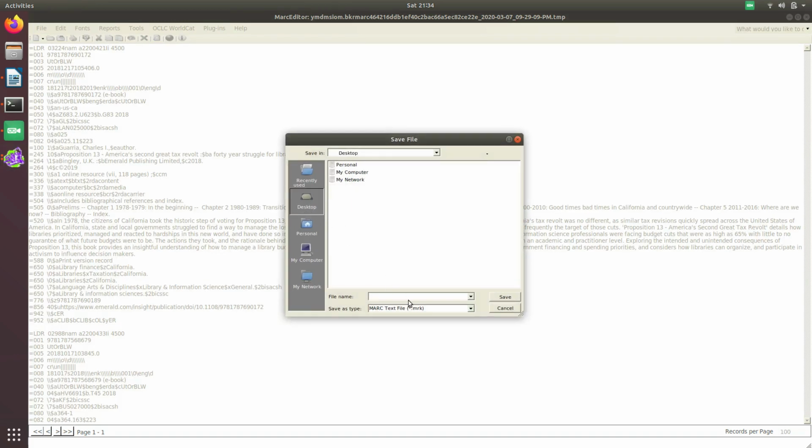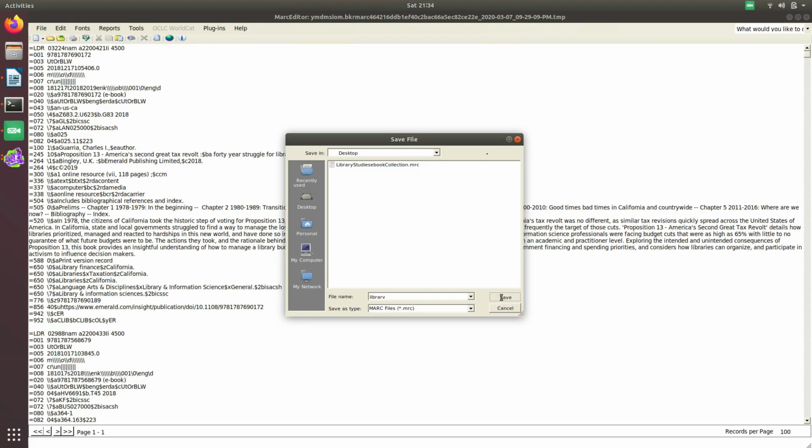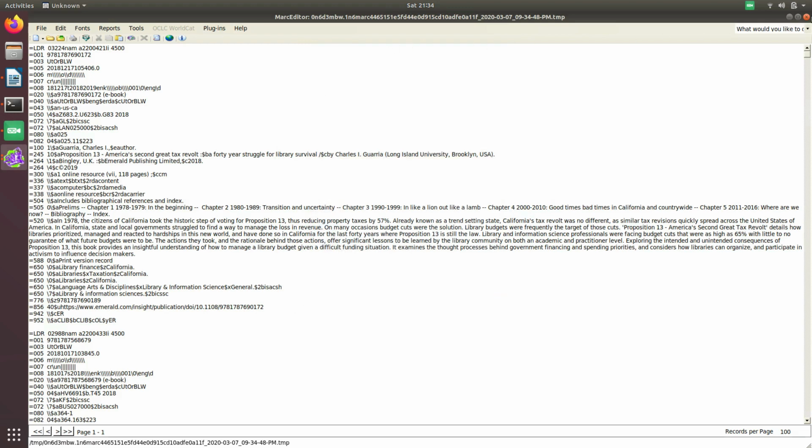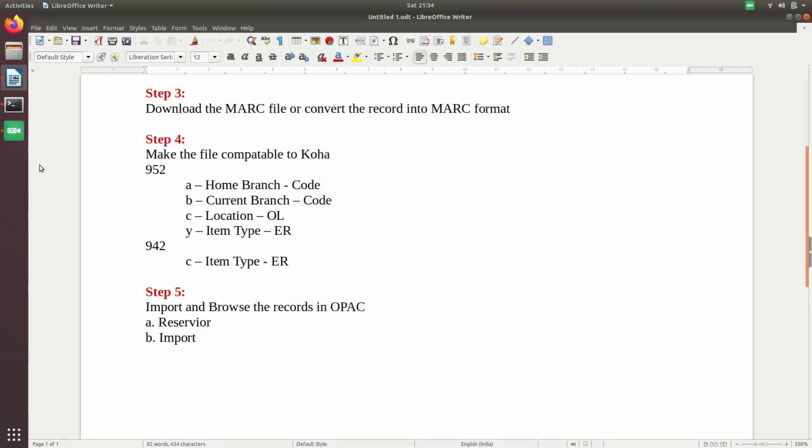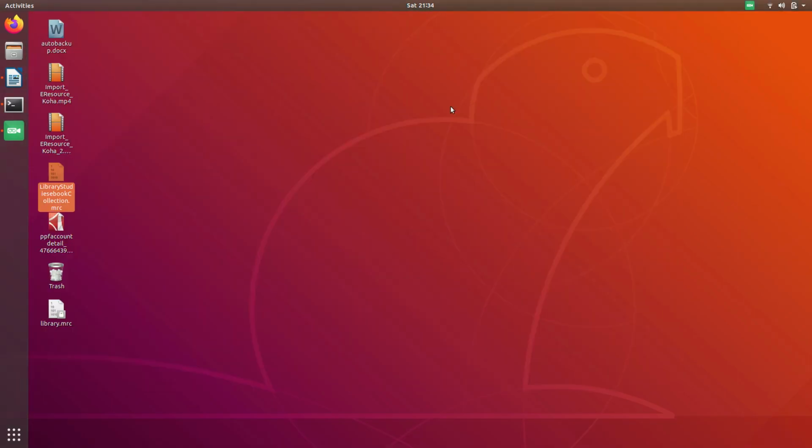I save it on my desktop, in library, desktop, and I directly save it as library. So this will get saved as an MRC file. Just close this, or minimize this and go and see.